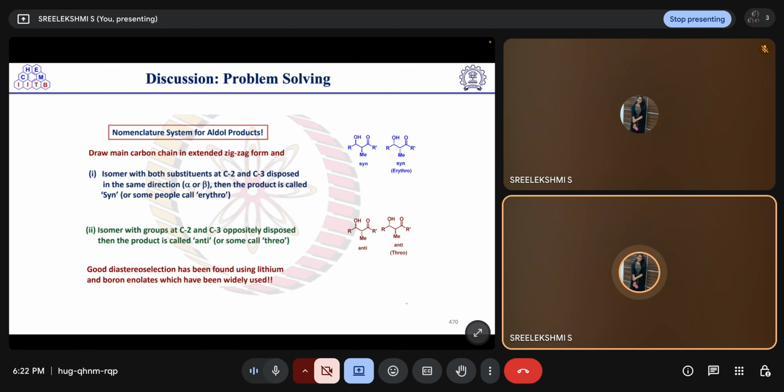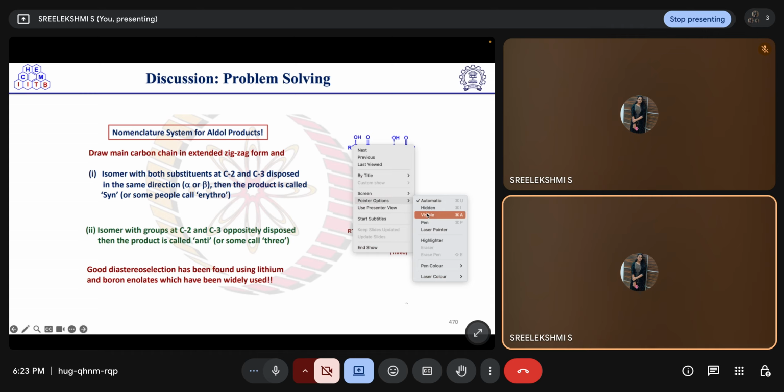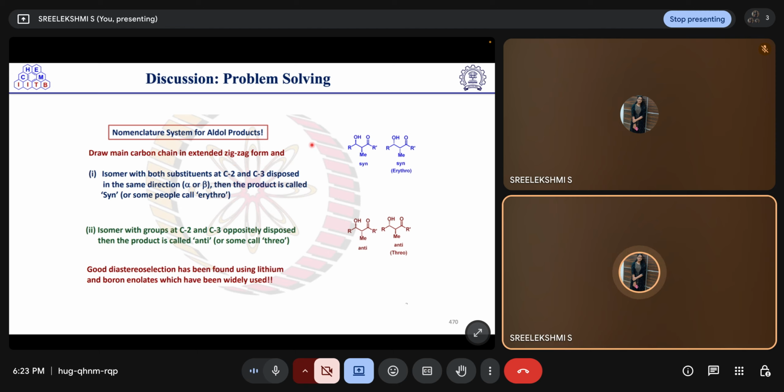Today firstly we will see how these aldol products are named. Firstly, we have to draw the main carbon chain in an extended zigzag form. Then the isomer with both substituents at C2 and C3 disposed in the same direction, alpha or beta, is called syn, or some people call it erythro. If we see here, the alcohol and the methyl group